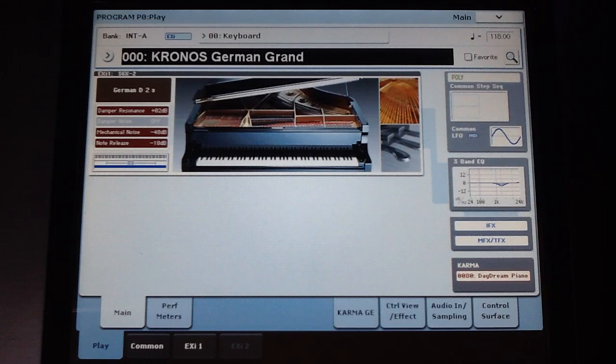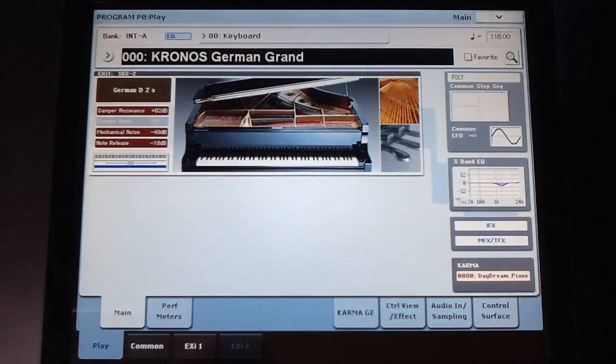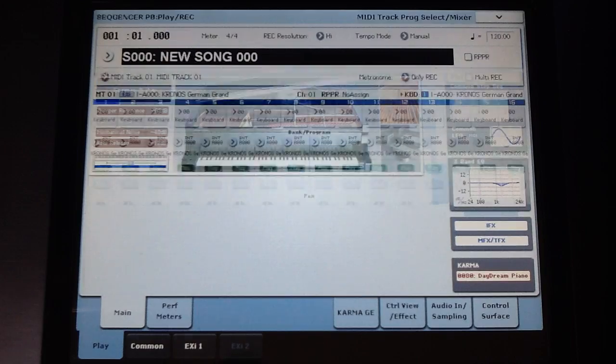Let's see. This is the startup screen probably for your Kronos. So first of all, if you want to make a user arpeggio, you're going to need a step sequence. There are many ways to find out how to make your own step sequences. These are on YouTube all over, so you can find that somewhere else. I'm not going to teach that, but I'm going to show you that if I'm going to the step sequence mode,